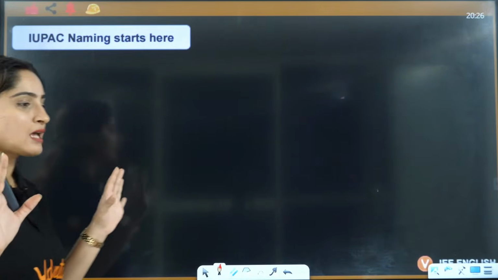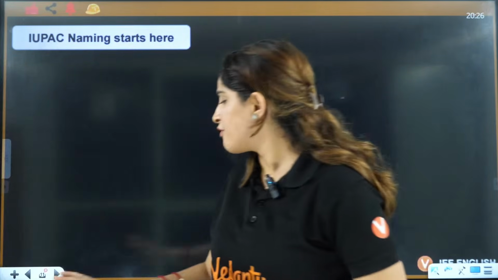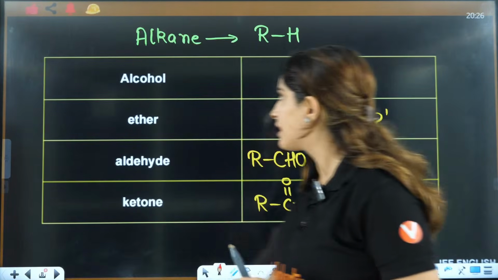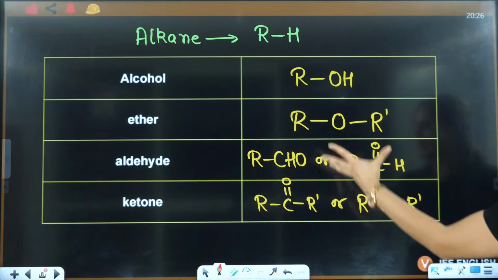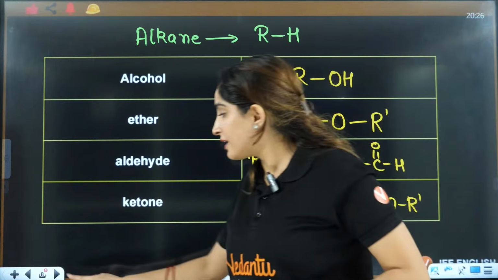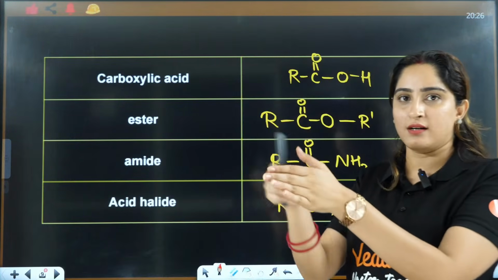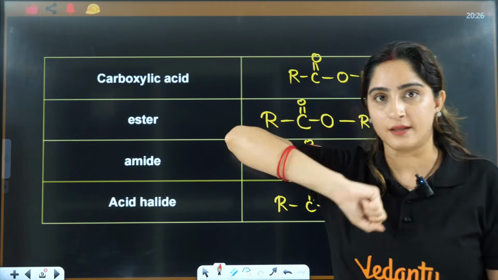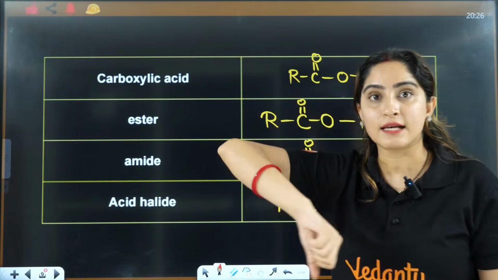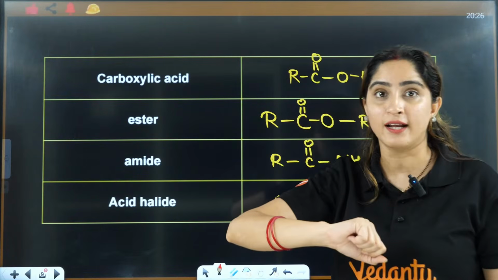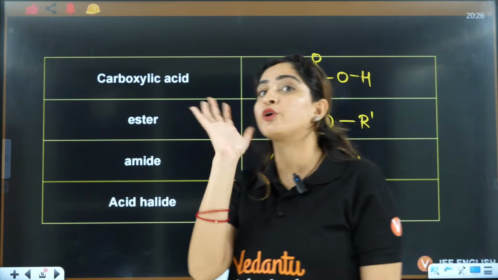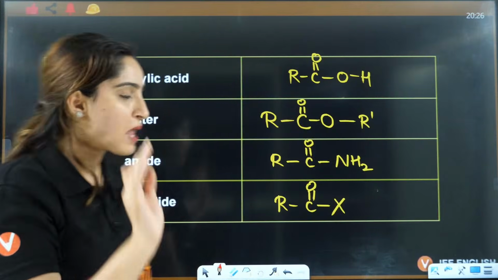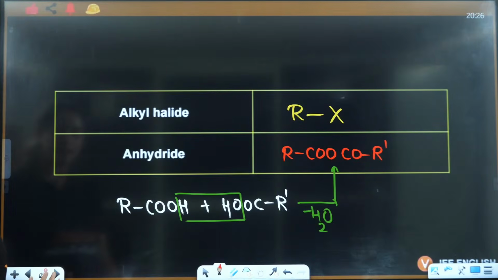Now, let's start with IUPAC naming, because firstly tell me if you are familiar with these functional groups, right? Alcohol, ether, aldehyde, ketone, that should stick in your mind whenever you see these groups: okay, this is ester, this is ether, this is carboxylic acid, this is ketone, this is aldehyde, right? So that should get into your head as soon as you see that functional group, right? Okay. Now let's understand